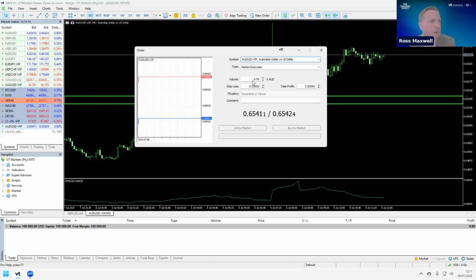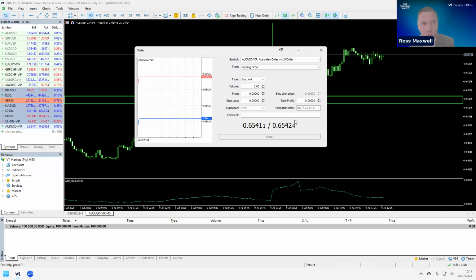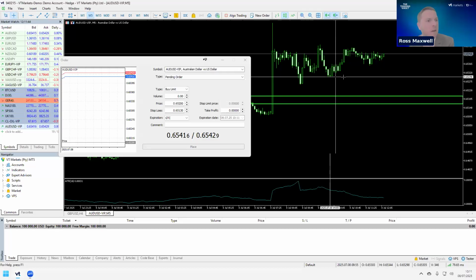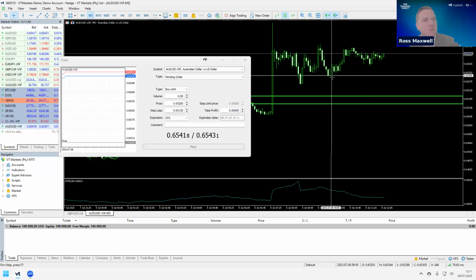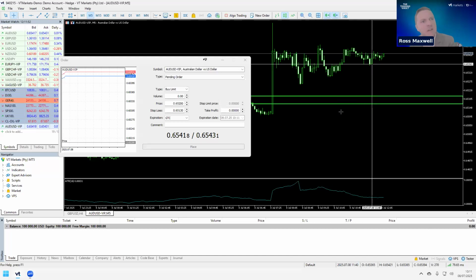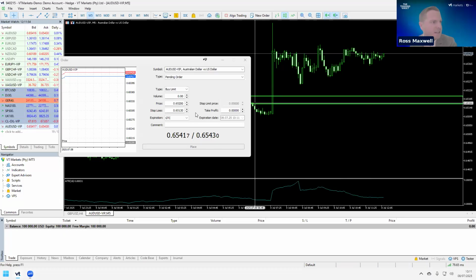And from here, it's very simple. We've got our volume, which is 14.3 lots. We are going to change it to a pending order because we're going to use limit orders in this instance. Our stop loss is 7 pips, so 65.13. And our target, where is our target going to be? Now, I'm going to use a target around this swing low here, maybe this swing low here. So 65.29 to 65.36. Let's do 65.34